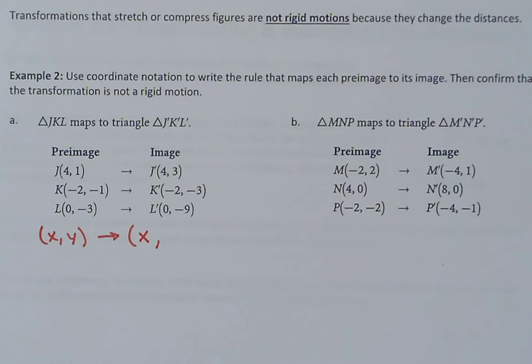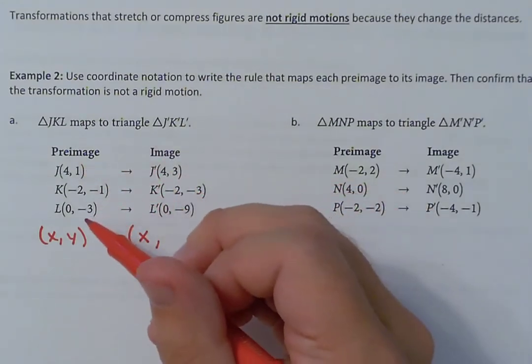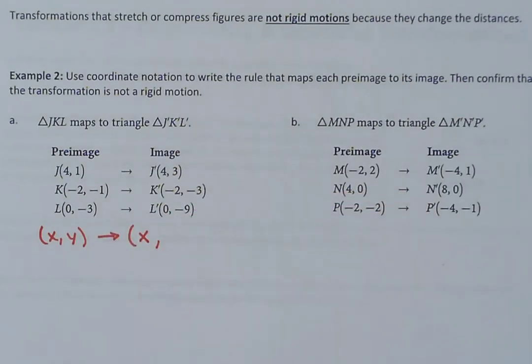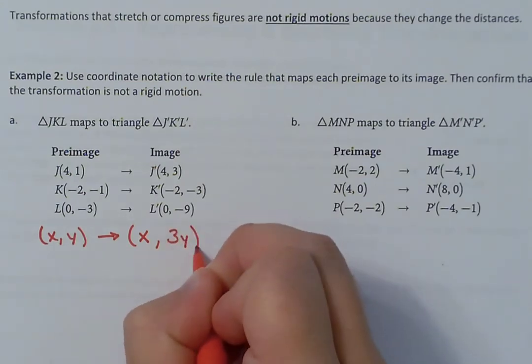Now, if we want to look at our y values, we go from 1 to 3, -1 to -3, and then -3 to -9. Okay, ask yourself what you have to do to those y values. What do you have to multiply, divide, add, or subtract? So to get from 1 to 3, we'd have to multiply by 3. And the same is going to be the case for -1 to -3, -3 to -9. So in this case, I have to multiply by 3. So that means we're going to have 3y